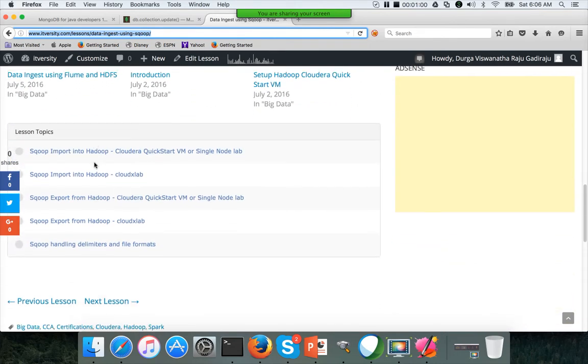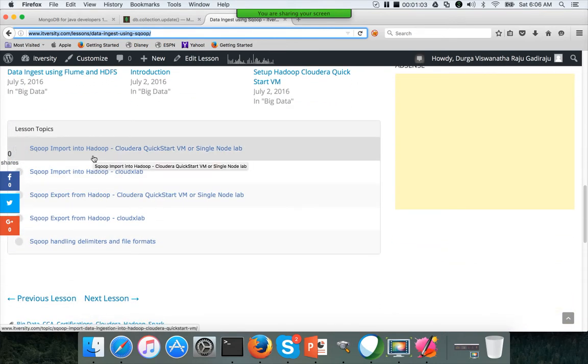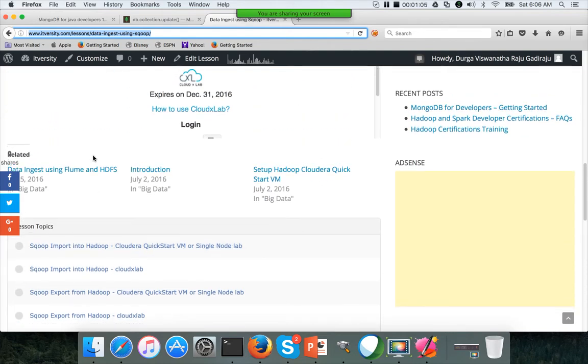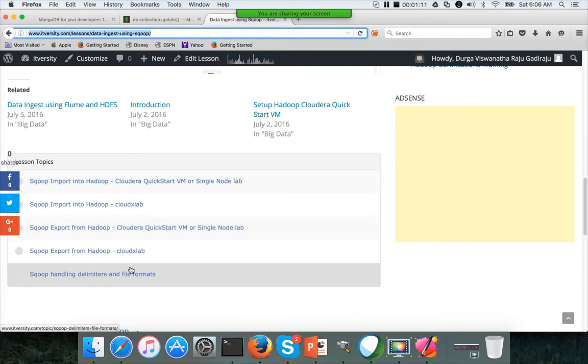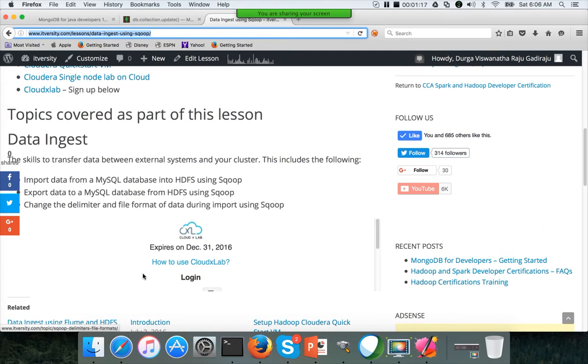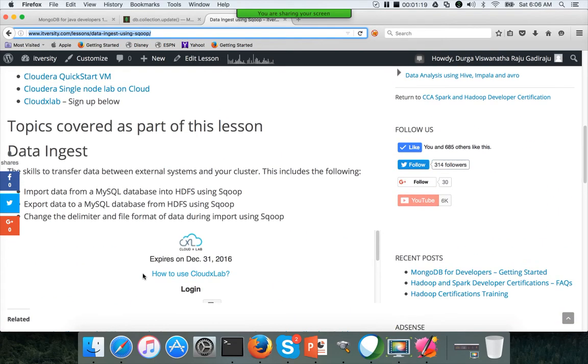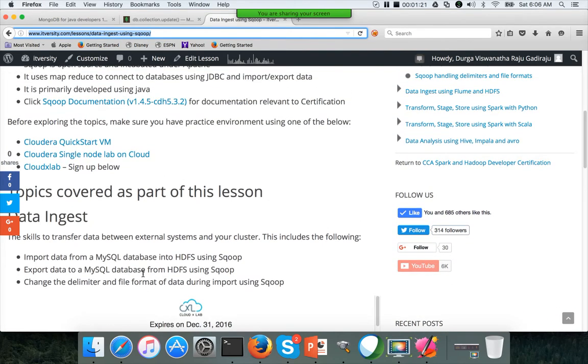Okay, and then these are the topics covered. Introduction about Spark, and then a Scoop import into Hadoop, a Scoop export from Hadoop, and then some advanced concepts called handling delimiters and file formats. For practice purposes, I will suggest you go through the entire lesson and perform hands-on.